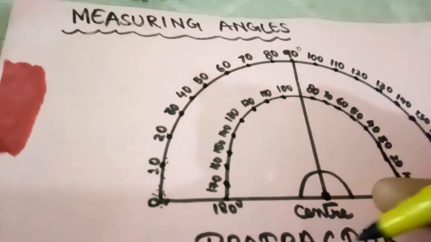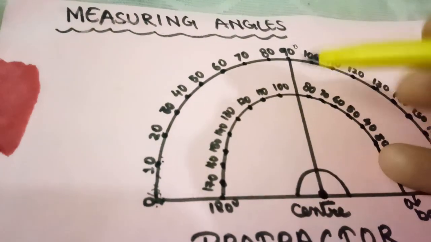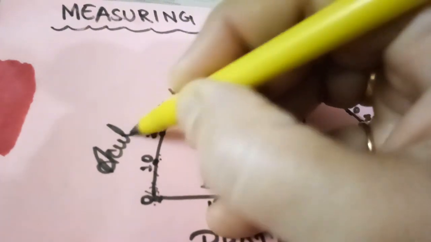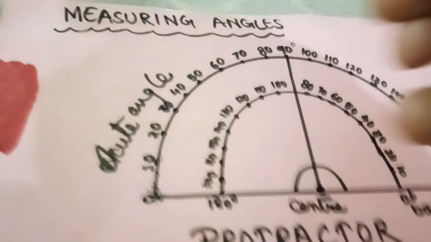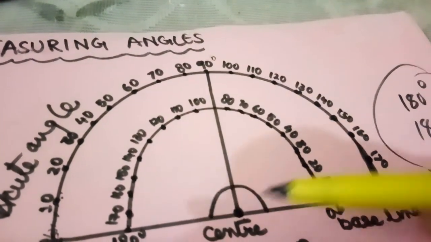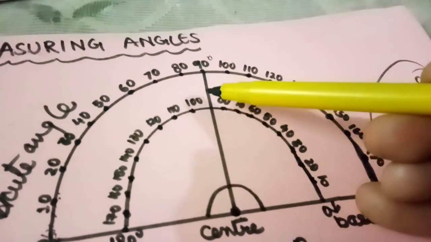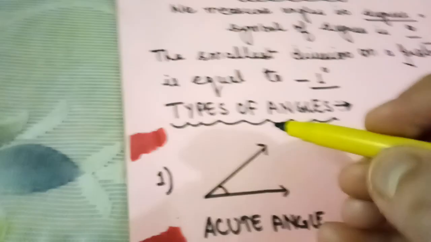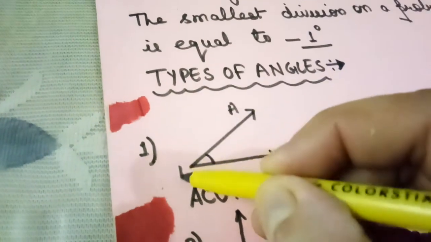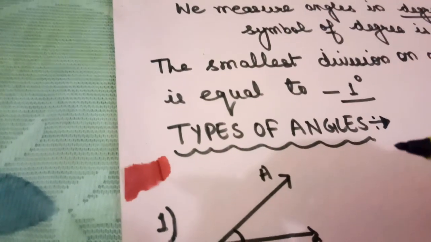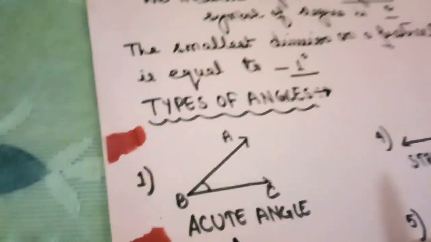So any angle which is less than 90 degree and more than 0 degree is known as an acute angle. And the shape of an acute angle will be like this, or if I use the inner scale, then the shape of the acute angle, because 0 degree is here, 90 degree is here, will be like this only. Okay, and you can give any name, A, B, C, to any angle. It can be 40 degree, 50 degree, 60 degree, up to 90 degree. It is an acute angle.